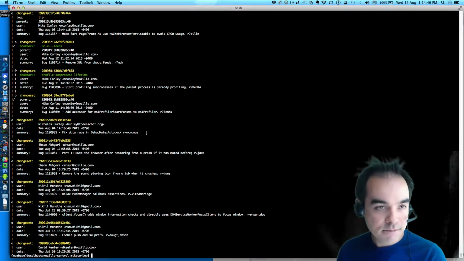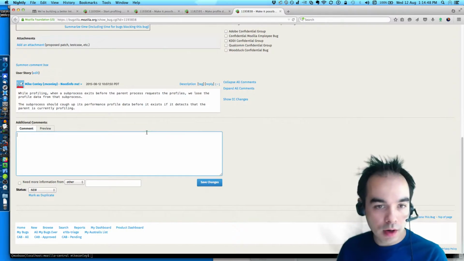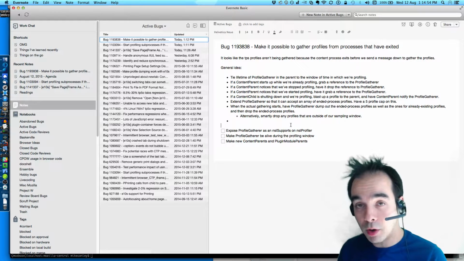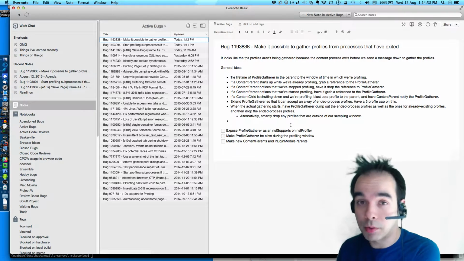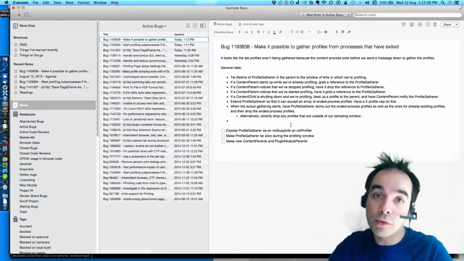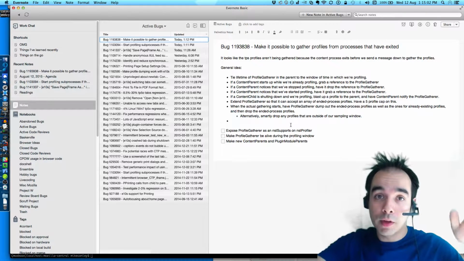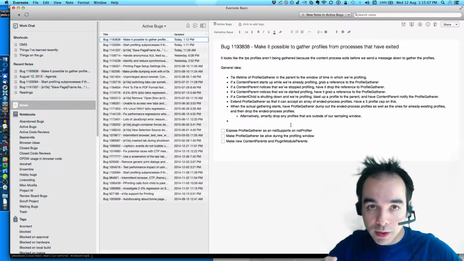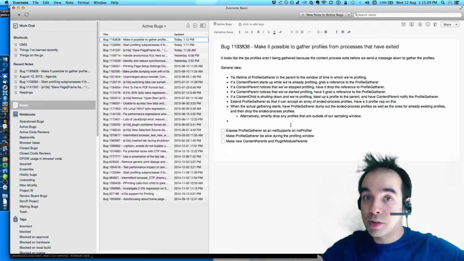Okay, so what I want to do is tie the lifetime of the profile gatherer to the window of time that we're actually profiling, instead of just instantiating it and destroying it when we want to get a profile. Because there's two phases. There's the recording window, whenever you're recording, you've got your stopwatch out and you're recording things, and then there's getting the actual report.